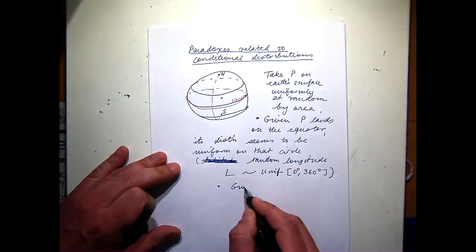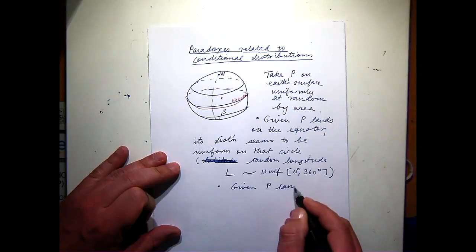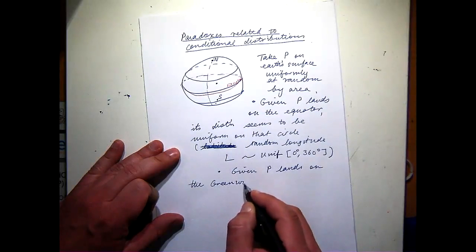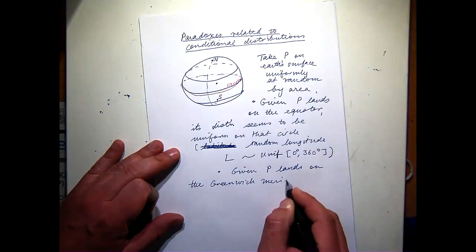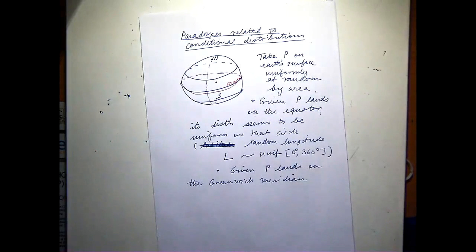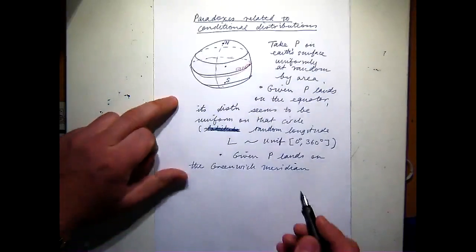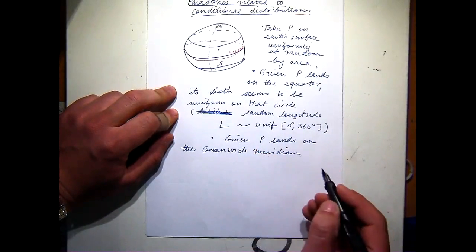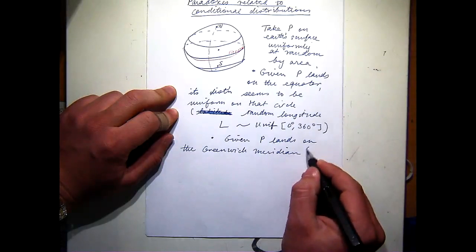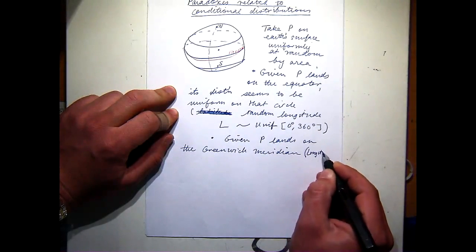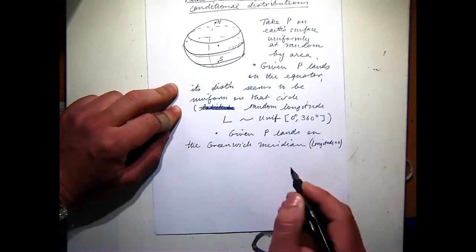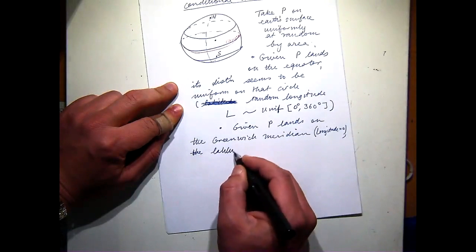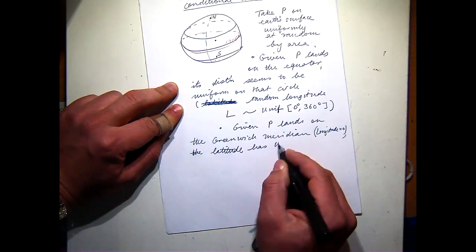Given P lands on the Greenwich meridian, now just for one moment, of course it's true that a meridian is only half a circle. Meridian, by the way, I'll just imagine that is longitude equals 0. The latitude has the distribution